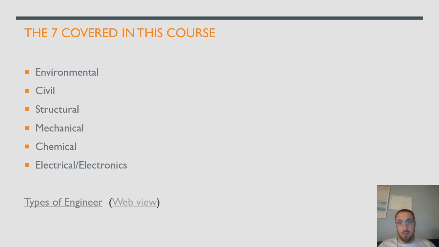So the 7 different types, you should have this written down already. Environmental engineer, civil, structural, mechanical, chemical, and then I've put electrical and electronics beside each other. Remember I said before the SQA allow you to sort of mix up the 2. They've never seemed to penalise someone for using one or the other,